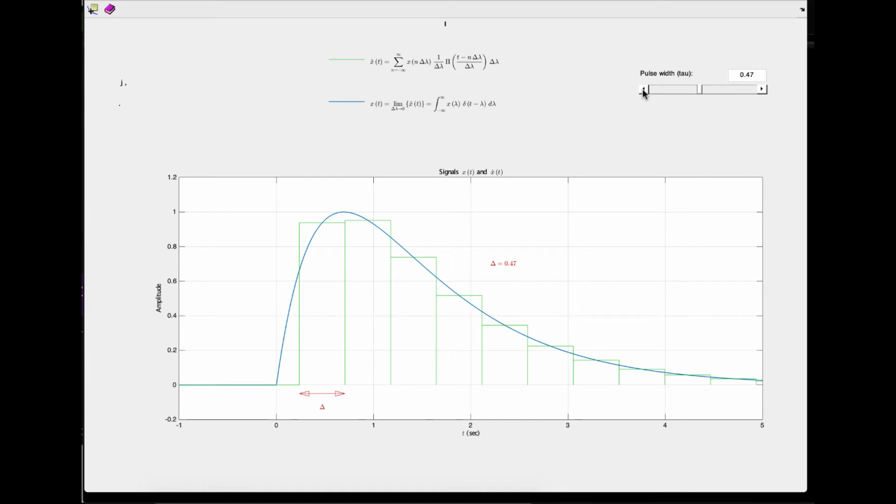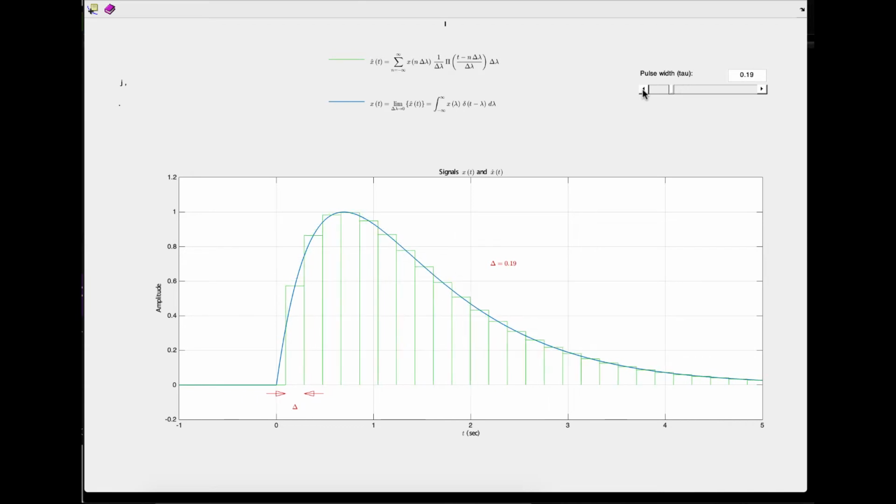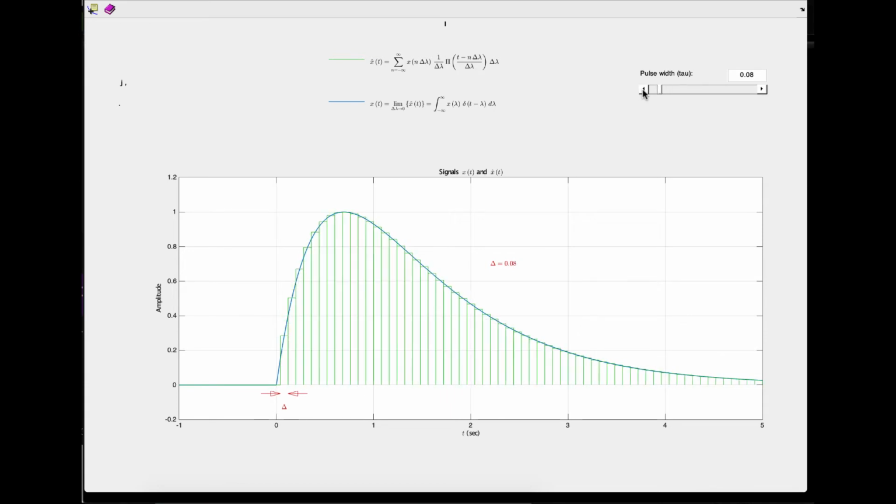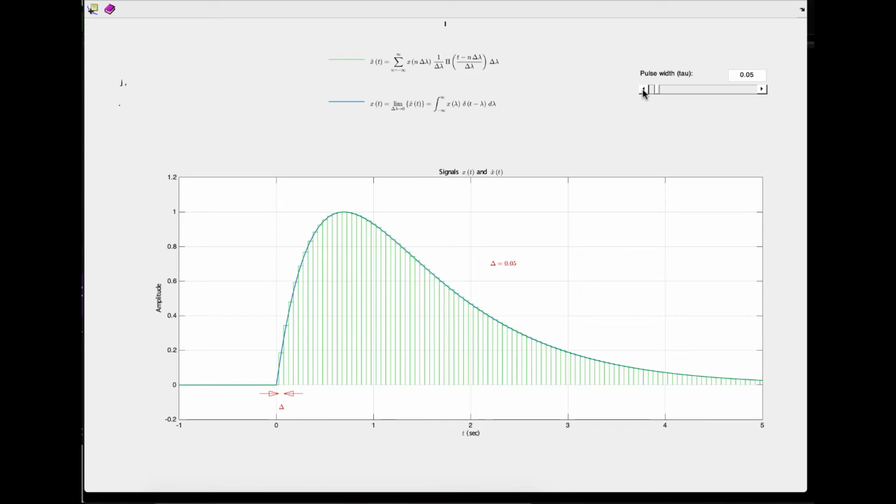You have to only see the horizontal top lines and not the vertical lines in the green figure. Here, as you decrease the value of delta, you can observe how your green is becoming close to the blue function. This is a very fine rectangular pulse which is going towards the impulse function, and currently the value of delta is 0.05. At this location your green function is becoming close to the blue function.